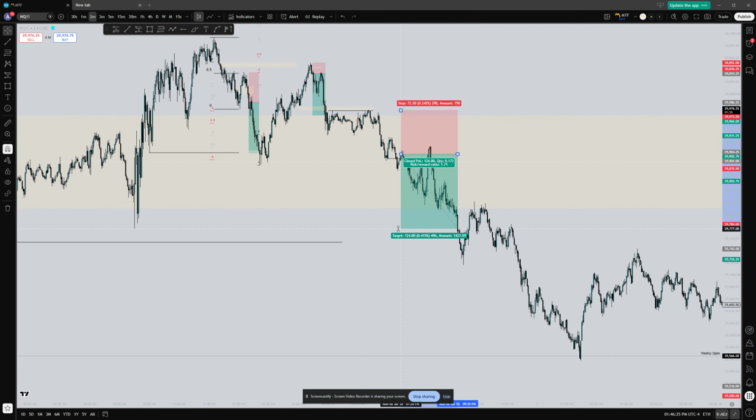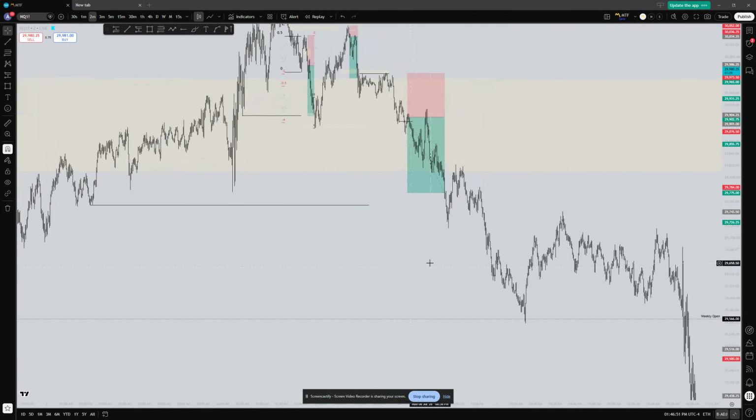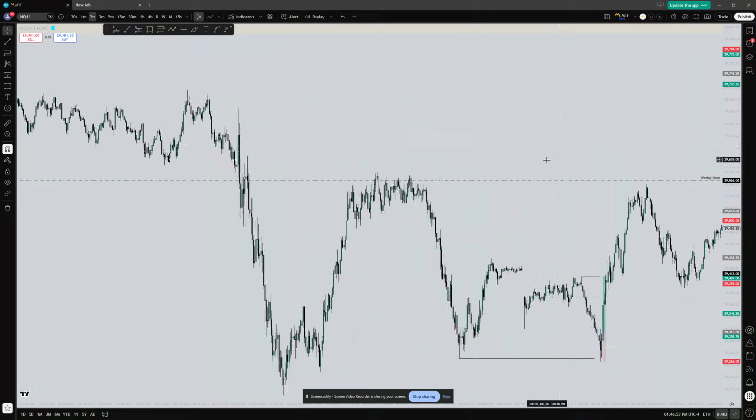So by 9 p.m. on Monday, keep in mind, I bought these accounts at 1 p.m. the same exact day. So 1 p.m., I bought the account, I passed it. Then that same session, I was able to book the first winning day. And the very next Asia session, which is all in the same day, I was able to book my second winning day. Now all I need is one more winning day and I can secure a payout. So moving on to the trade that actually secured the payout,